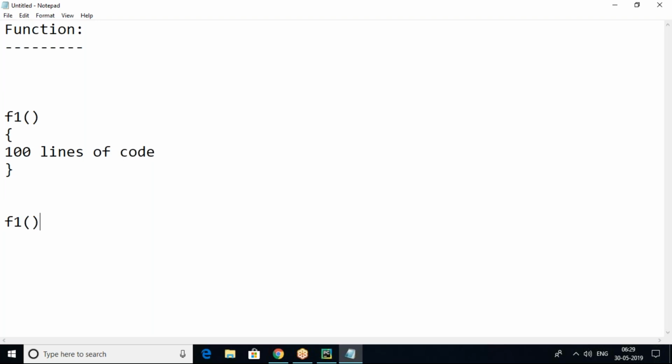Once we create a function, you can call the function many number of times, no matter how many times you want to call it, that will work. So ultimately what I'm saying is, if your program requires writing some code repeatedly, then don't write that code repeatedly. Better to keep that repeated code in one small unit, and you can call that unit many number of times as per your requirement. That unit is nothing but a function.